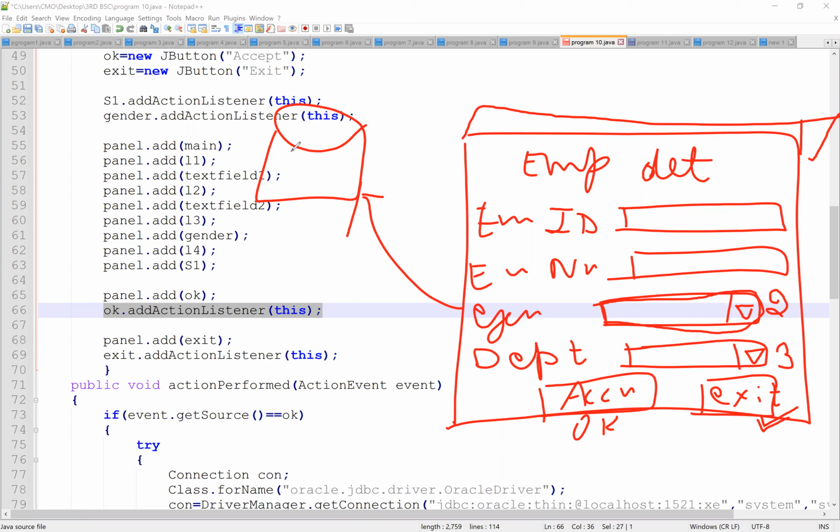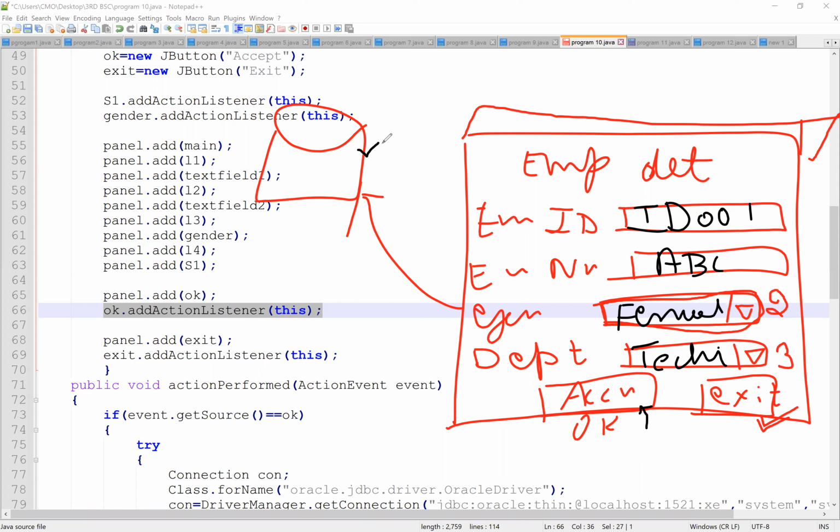I have entered the ID like this: ID 001. Name will be ABC, gender will be female, department will be technical. Now I press the OK button, and these details should update on our database table.